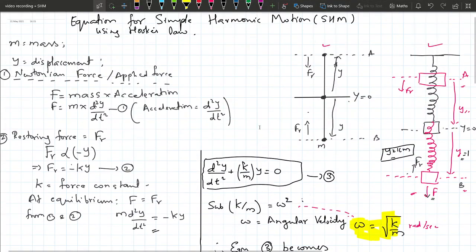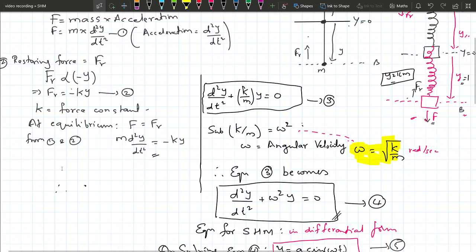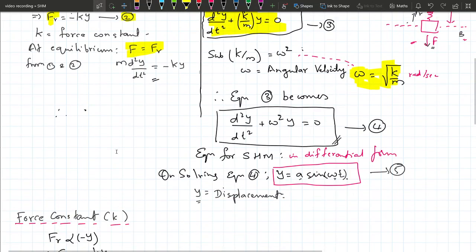So it is a very simple derivation. You should know the value of the applied force and the value of the restoring force. You have to evaluate the two forces and equate them. That's all. After equating, you can easily get a differential equation. If you solve it, you get the displacement. Very simple and very important for your examination also.